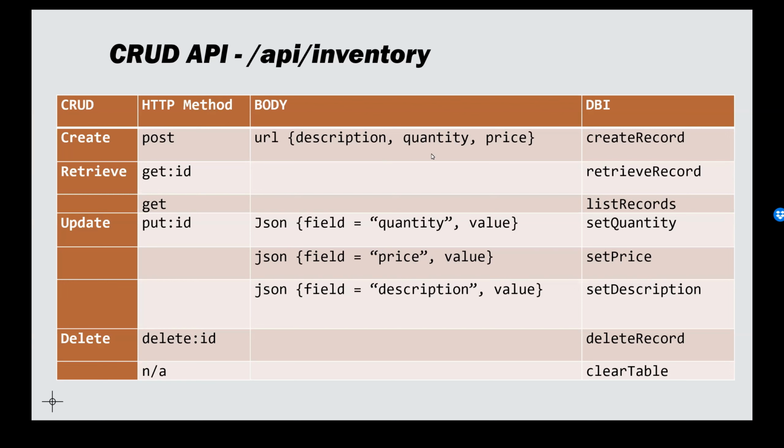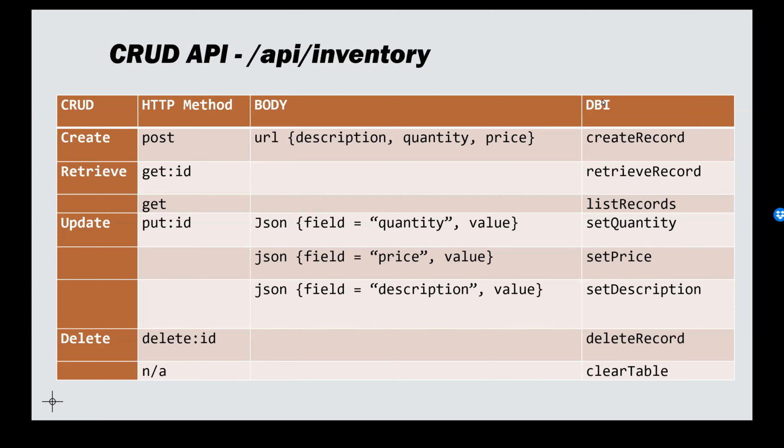I've got a body here, so this is additional information, parameters that we send on the CRUD request. And I've gone with two different ones here, and that's more for demonstration purposes than any real reason. One of them is going to use a URL, which is URL encoded, which is the way that HTML forms send their information. And the other one is going to use JSON. We're just going to put a JSON object into the body of the HTTP